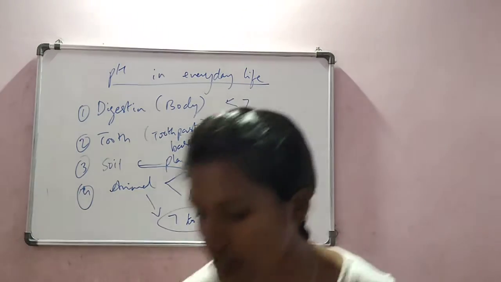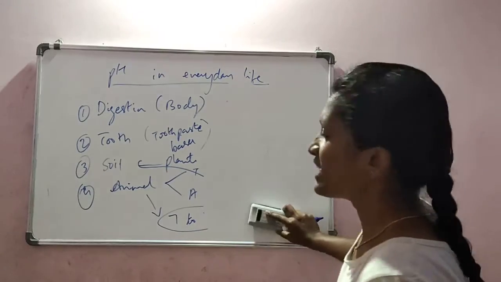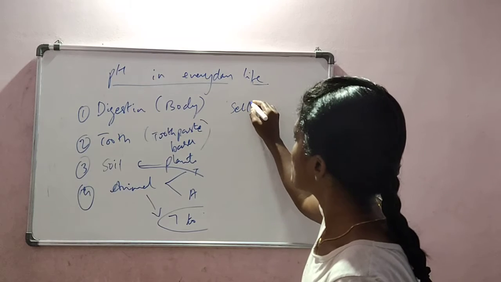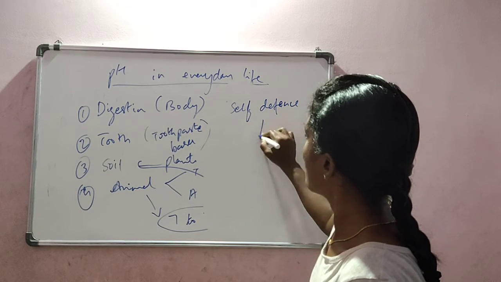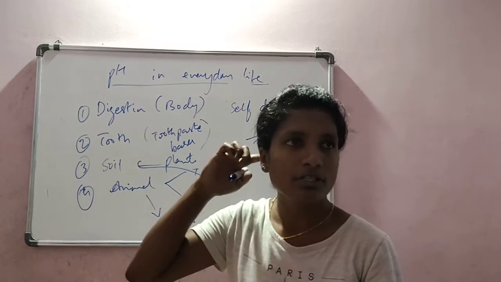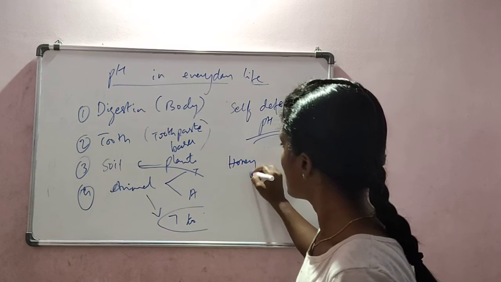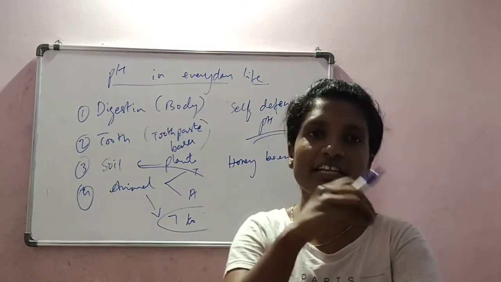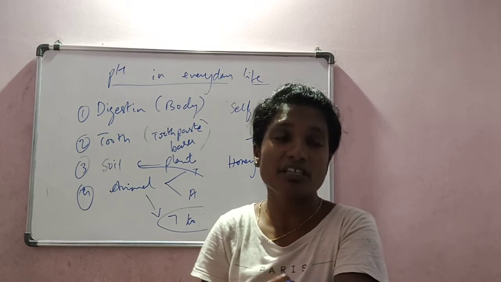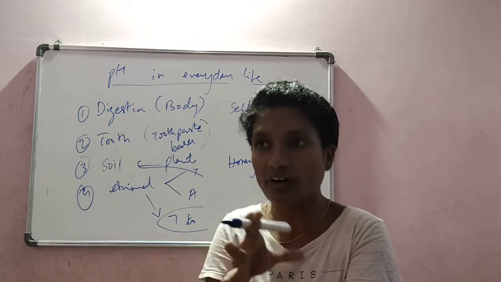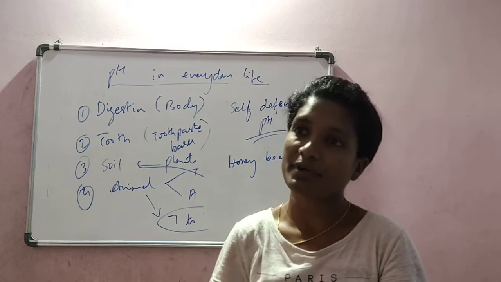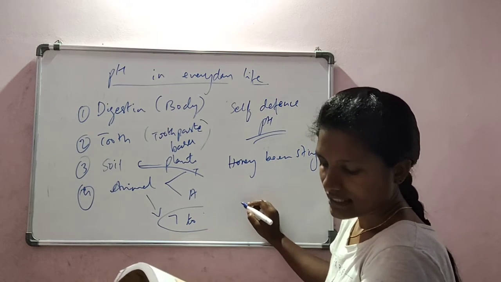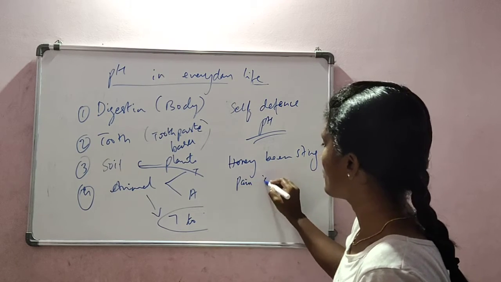Some of the plants and animals, to protect themselves from enemies or predators, use a self-defense mechanism based on pH. For example, if the honeybee stings, a kind of acid is injected into our body. That is why if honeybees bite, the whole body becomes swollen and it is quite dangerous and toxic. There are some cases where the person has even died. So it is the acid which creates pain and irritation.